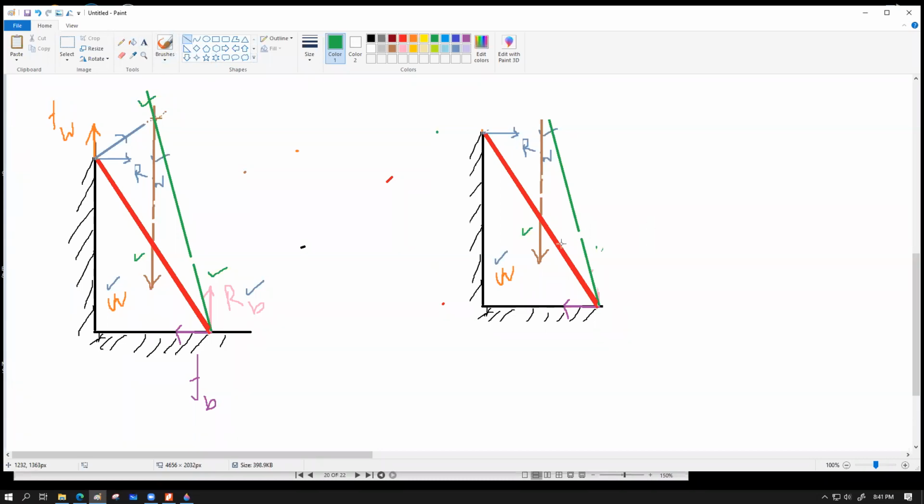I'm gonna try to extend out this force. I'm gonna try to extend out this one, and the extension of this one cuts the y-axis, cuts the y force right over here, right over here. Now the question that I want to ask you is, try to think about it. The resultant of the base, which is coming from RB and